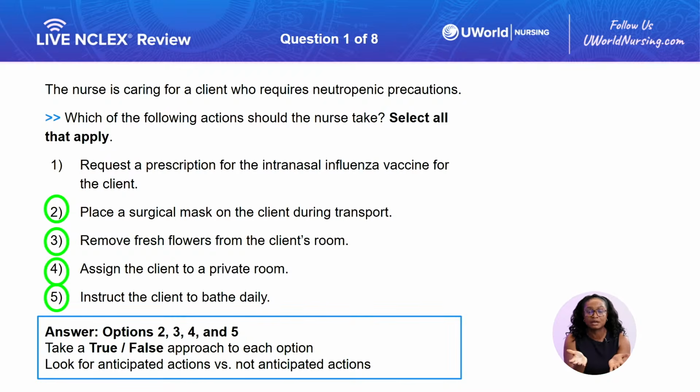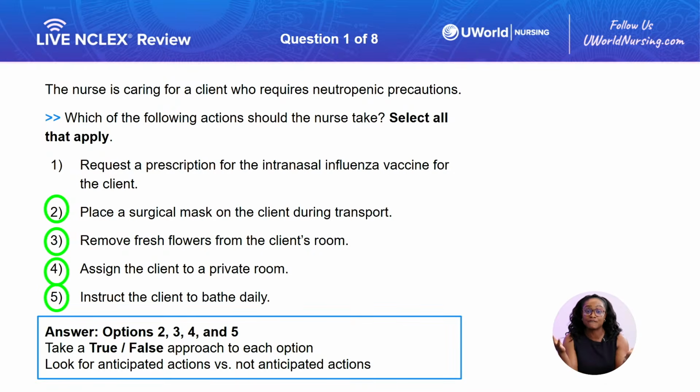So with neutropenic precautions, or neutropenia, is when a client has very low white blood cells. And white blood cells are very important, specifically the neutrophils, because those combat against infection and fight against infection in our body. So when we have low numbers of that, it is a lot harder for the client to fight off infection, and they're very prone to get an infection more easily. So we need to do everything to protect that client. Put them in a very safe and clean environment so they can protect themselves, and then make sure any other